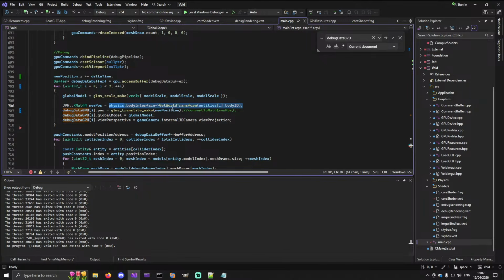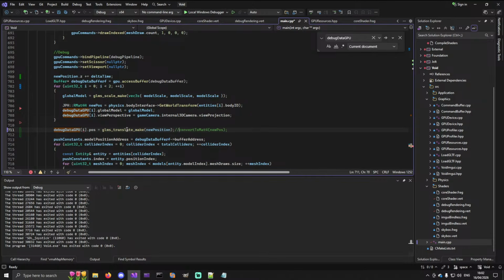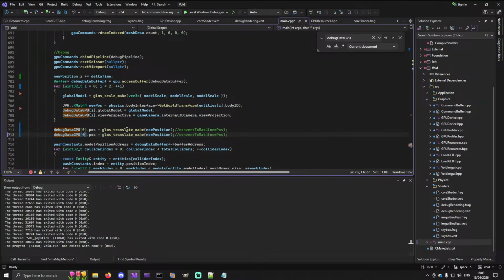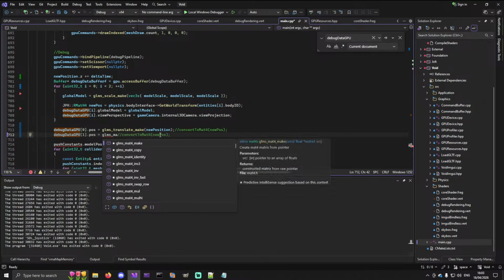I could be wrong, but based on that observation, the data that we're sending to the GPU on the buffer device address is working, sorry. And let's confirm that because I'm kind of curious now. If I take this out of the for loop and update position 0 and position 1 differently, so we see them doing different things. So there should be 2 spheres basically, but they're on top of each other because they're in exactly the same place. So if we take the GLM's mat4 make transform,